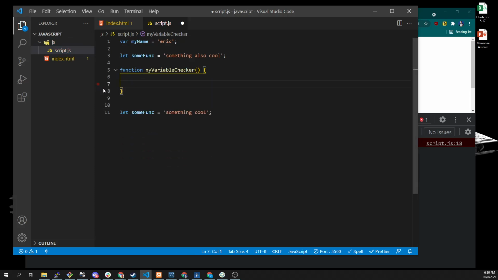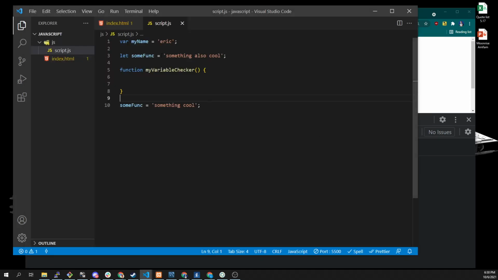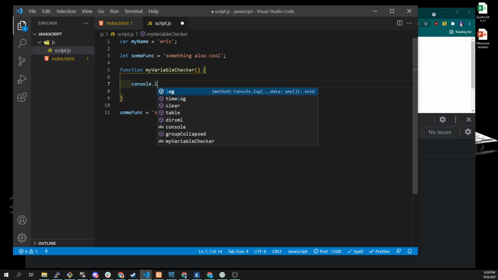So we could, for example, say that somefunc, right? It's already been declared. We could overwrite the value. Right? We can say somefunc is now something cool, even though it started out as something also cool originally. And then the other cool thing, right? So if I do console.log somefunc,